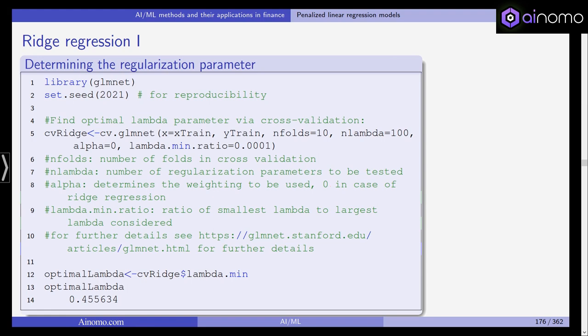So this is the command cv.glmnet, and this cross-validation for the ridge regression will use the X train matrix and the Y train matrix, the training data, to select via cross-validation the parameter. And after some time, you can see here in the lower part of the slide, we get an optimal lambda tuning parameter of